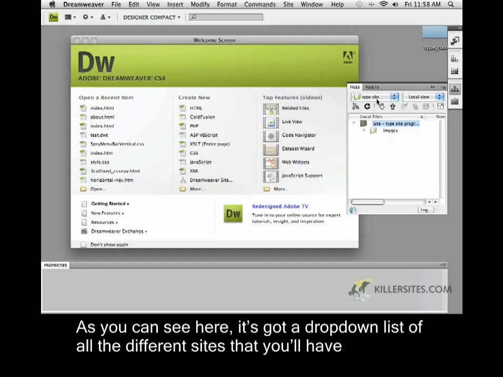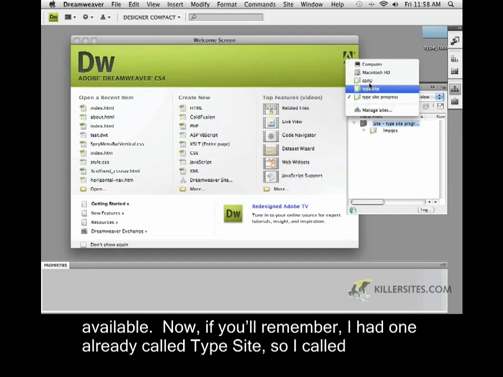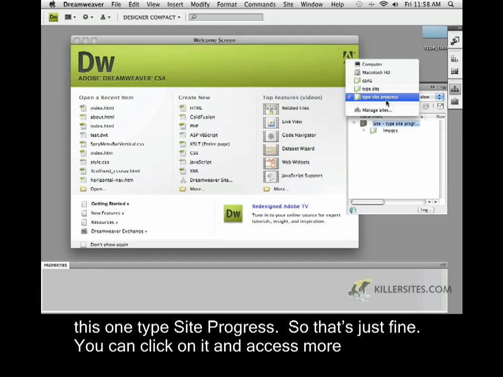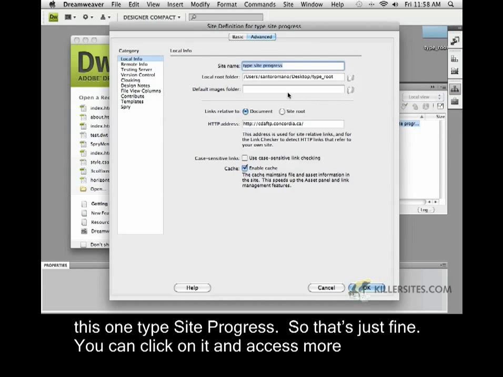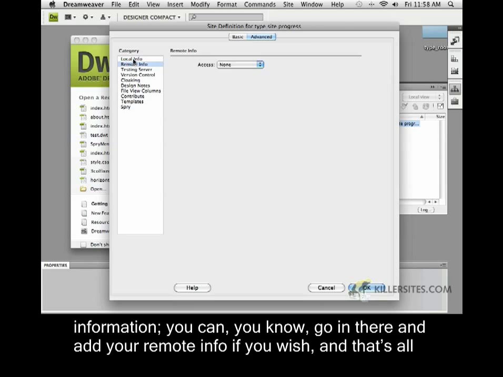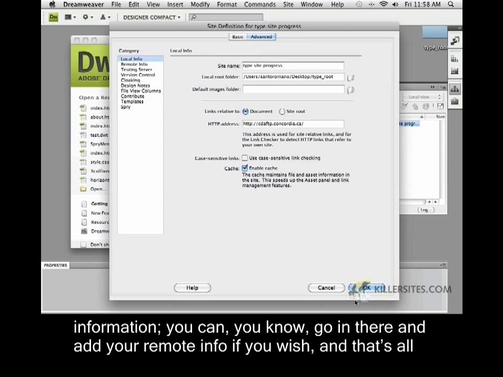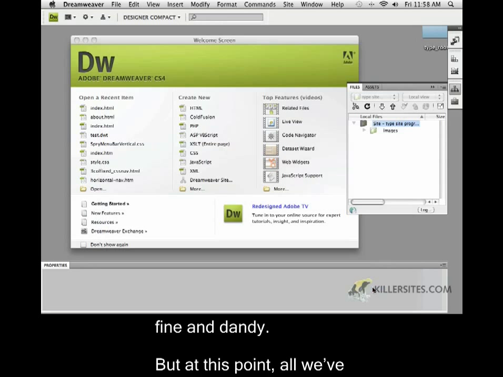So as you can see here, it's got a drop-down list of all the different sites that you'll have available. Now, if you remember, I had one already called type site, so I called this one type site progress, and that's just fine. And you can click on it and access more information. You can go in there and add your remote info if you wish, and that's all fine and dandy. But at this point, all we've really got going